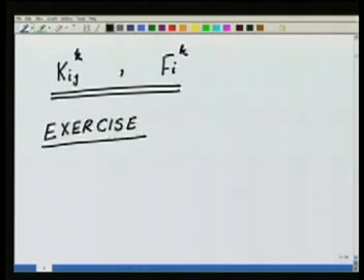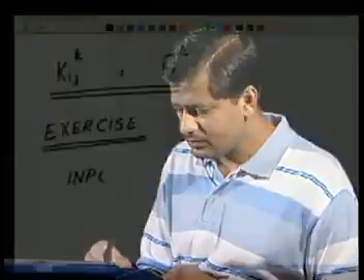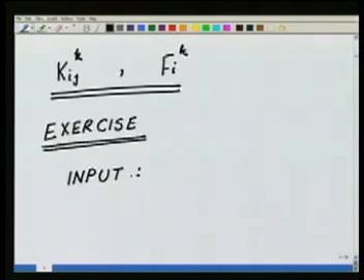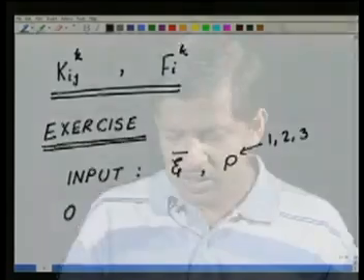Now what I would like is that the following exercise should be done at this stage. Now that we are conversant with what a master element is, I give the following inputs. The point in the master element, a particular point psi bar, lying in the master element, and the order of approximation p. Now p, let us take, is either 1, 2 or 3. Now given this input, what I want as output